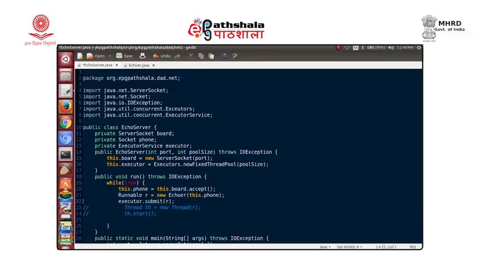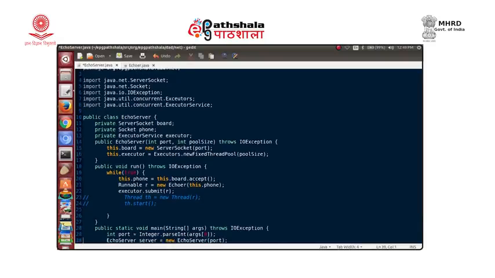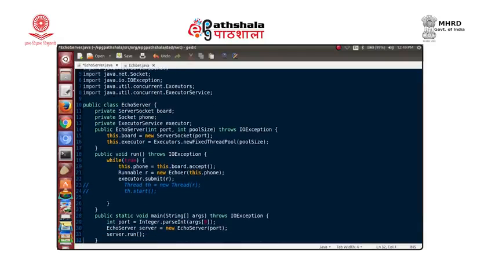And yes, one more thing, for the main method, since we are taking one more parameter for the pool size, we will introduce one more parameter, which is the pool size equals Integer.parseInt, and that is going to be args[1], the second command line argument here.